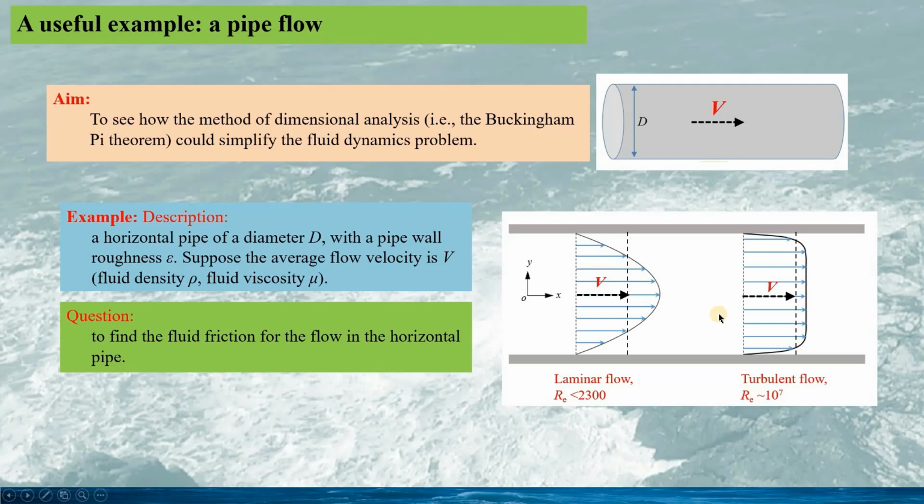However, when the flow velocity is large, and the corresponding Reynolds number is very large, say more than 10 million, the flow would be fully turbulent, and there is no analytic solution for such a flow. In such a case, it can be studied using experiment or numeric modeling. But for both approaches, we may need to find what is the best way to carry out the study, and what is the best way to present the result.